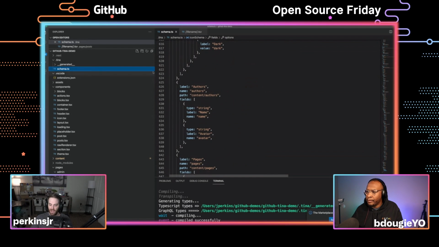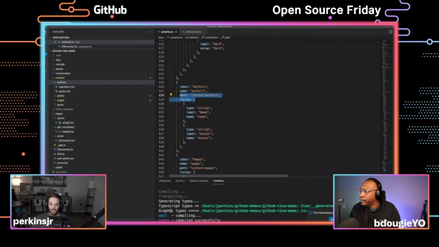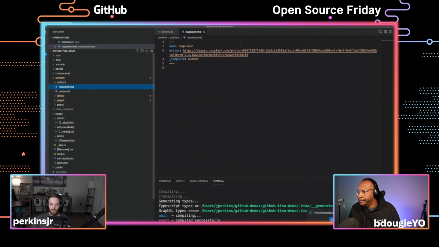So here we have an author. So we've set a schema file here that says, these are our authors. Here's the name for the GraphQL queries. And here's where you can actually find the content. So if you look in my project here, if I close everything, we have this content here, authors, and that's where my two authors are found. And that's where we'll be looking for these authors. And inside of that, we have a name and an avatar. So if I click in here, in the markdown file, you can see we have an avatar and the name